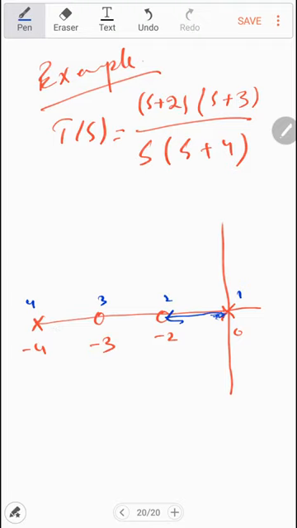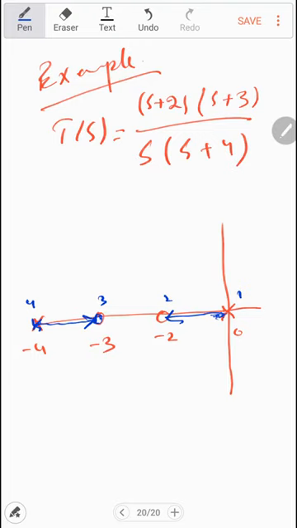Now another branch. You see a zero is coming, but we say that the locus will start from the pole. So the pole is at number 4, this position. At this position, we say that the locus will exist to the right of the even number of the poles, and then the end point will be the zero. So it goes to the zero, and since the zero is known, it finishes over this one also.